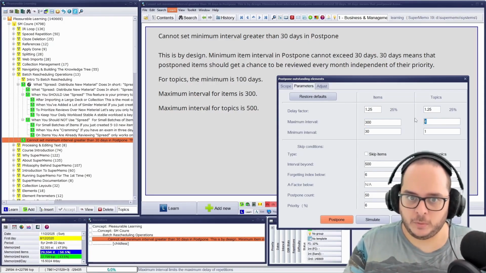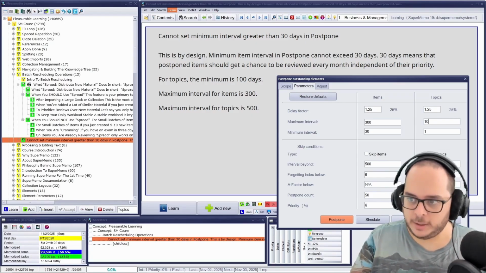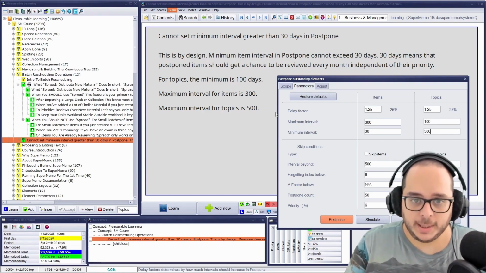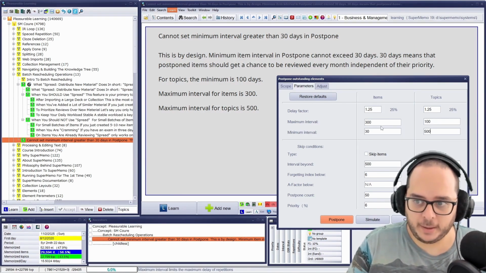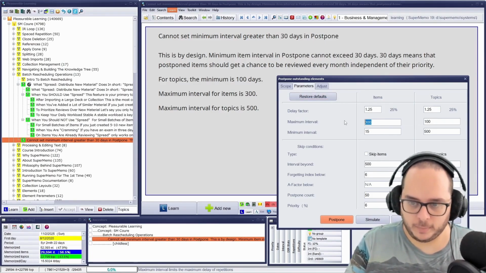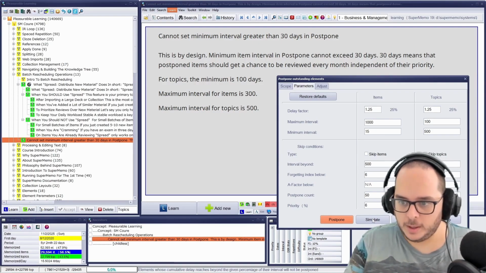For topics would be 100 days and maximum 500. What does that mean? That now if I set something larger or lower than that minimum 15 and maximum 1000, and now I simulate,